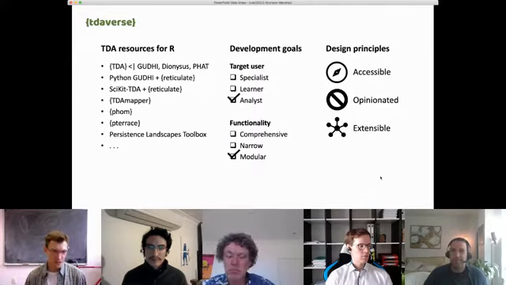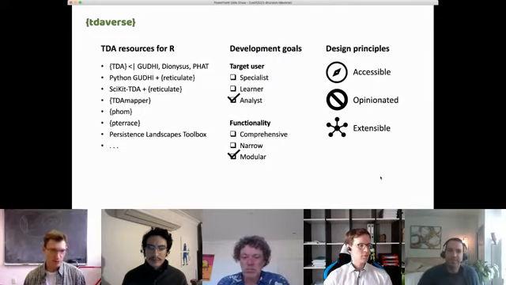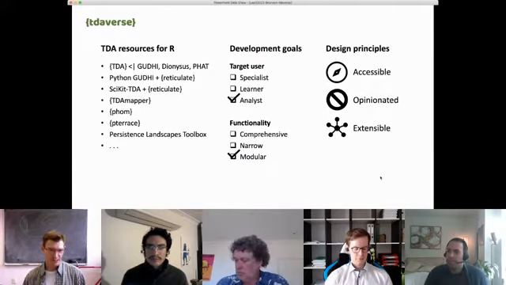In terms of functionality, they also tend to be either comprehensive, all sorts of features going into one package or library, or fairly narrow, a package doing one thing and not really interfacing well with other packages. And so what we think is needed is a collection of packages that can be coupled together as needed, where each package just does one thing well.